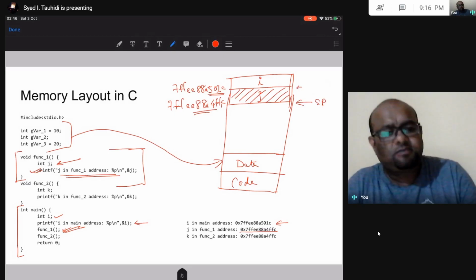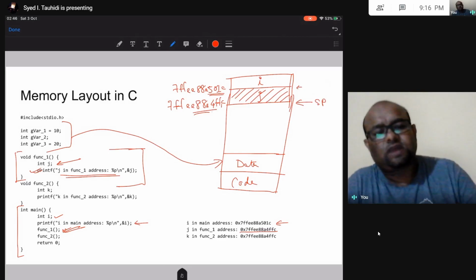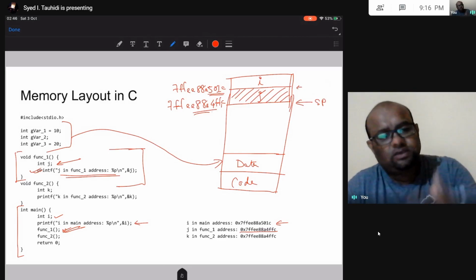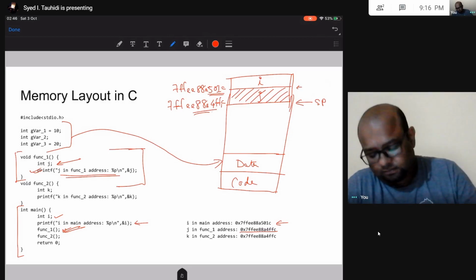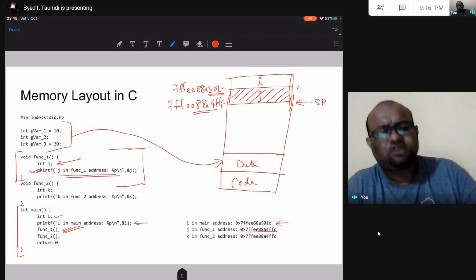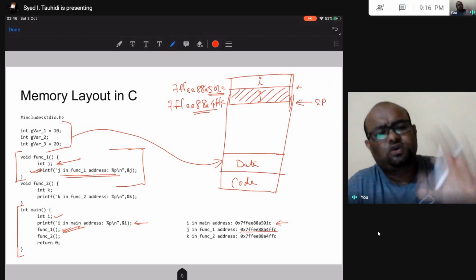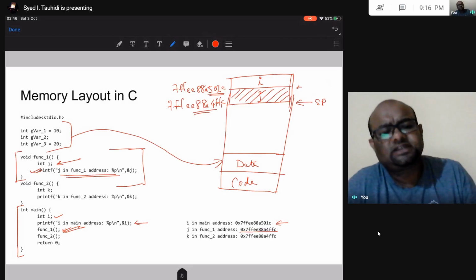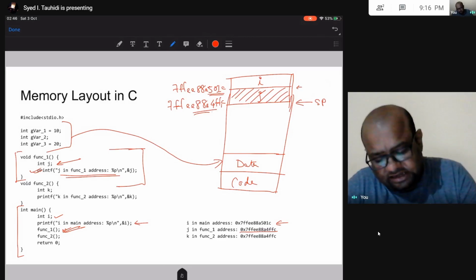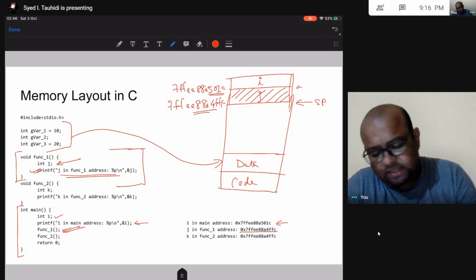Now I am done executing function1, which had this local variable j, so j was allocated some space in the stack. This local variable that was allocated space in the stack is no longer needed. So this space will be freed up, and then this stack pointer is going to go back and point here.